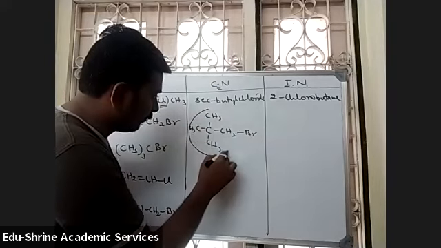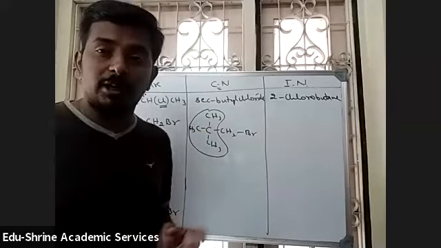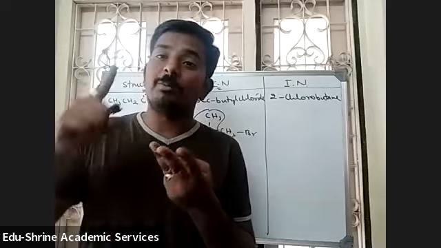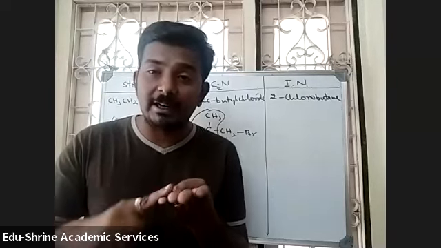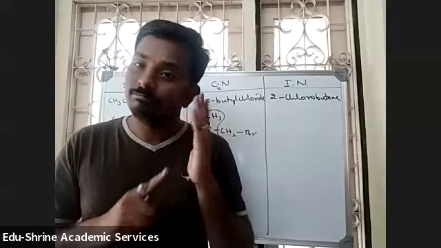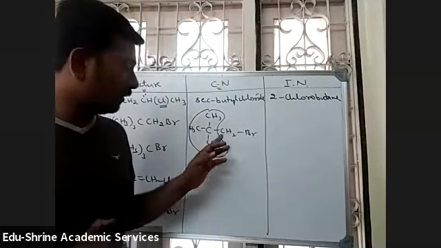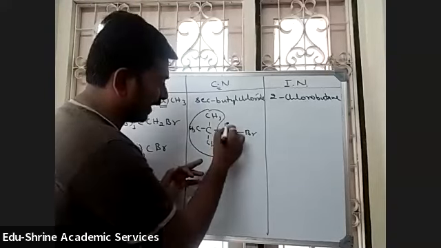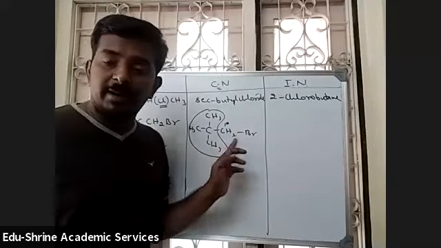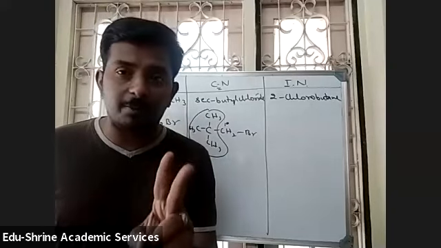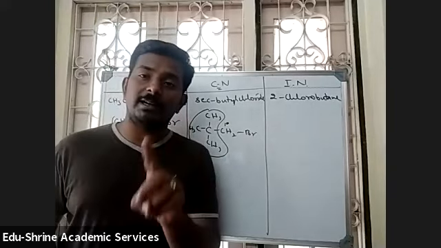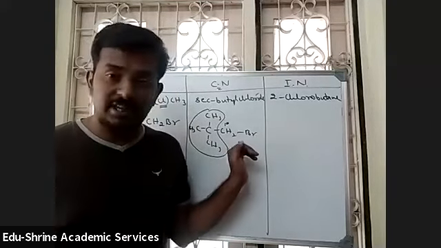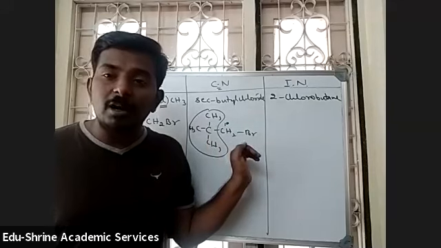Whenever you are having 5 carbon atoms totally, it is N-pentyl, or it may be isopentyl, or it may be neopentyl, or it may be secondary pentyl, or it may be tertiary pentyl. These many names are possible. Now see here, halogen is attached to primary carbon atom. If it is attached to primary carbon atom, it cannot be a secondary pentyl or tertiary pentyl, because in those, halogen must be attached to secondary or tertiary carbon atoms. So no chance. Can it be called as isopentyl?